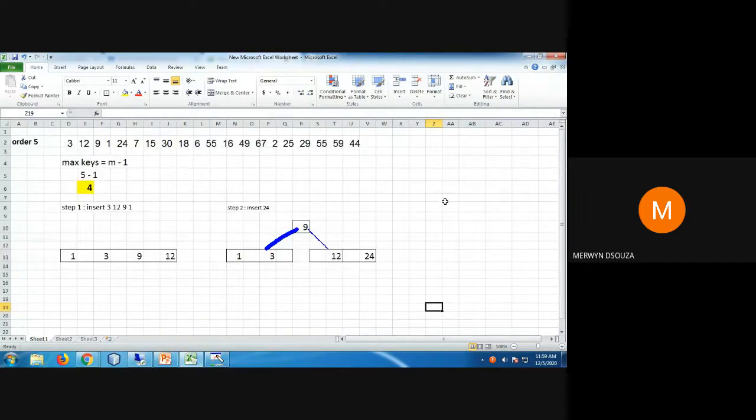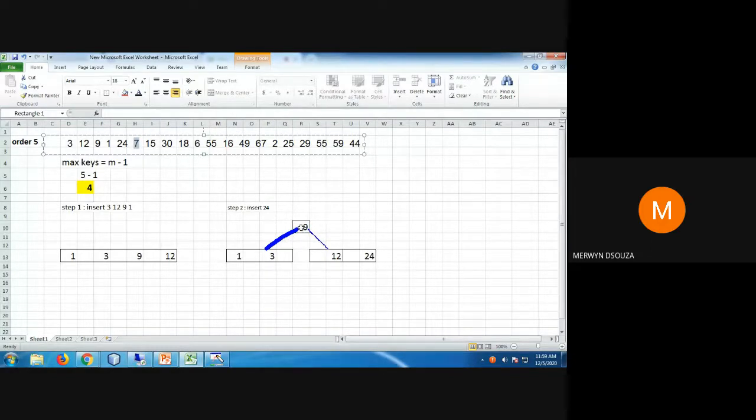Okay, I hope you are getting it. Yes. So next, third step. In the third step you are going to insert 7. So when you are inserting 7, 7 is less than 9. Always insertions are done in the leaf node. You don't insert in the parent node anytime. So you will insert 7.